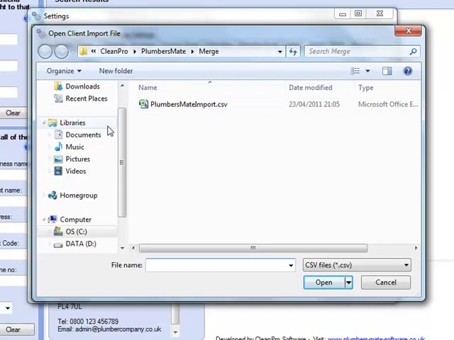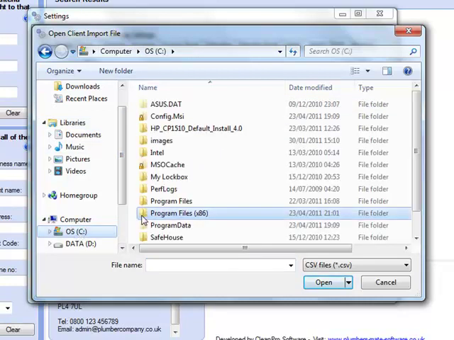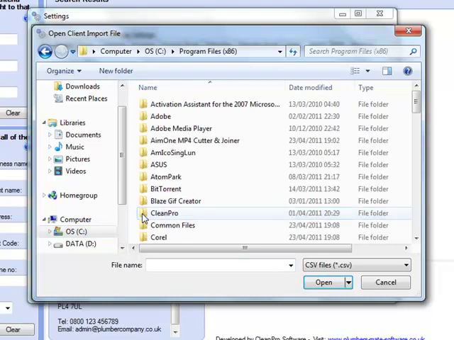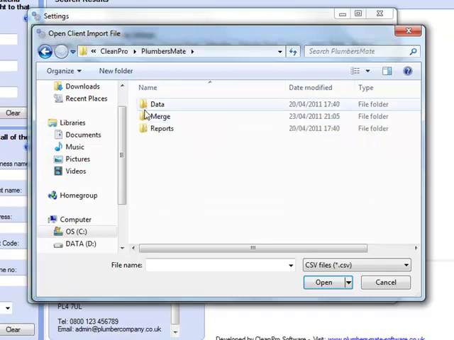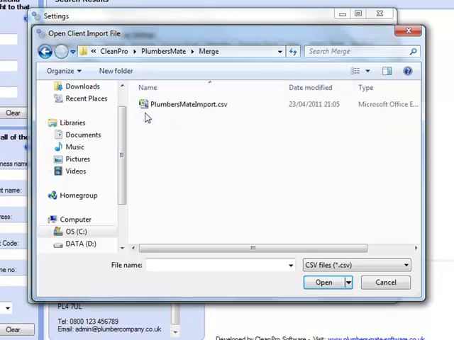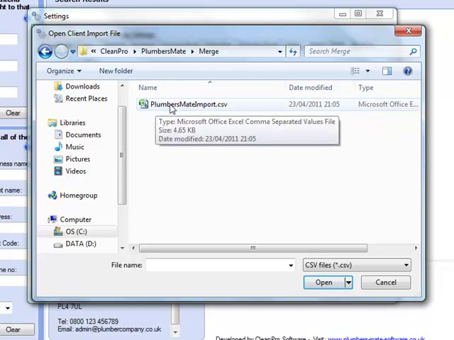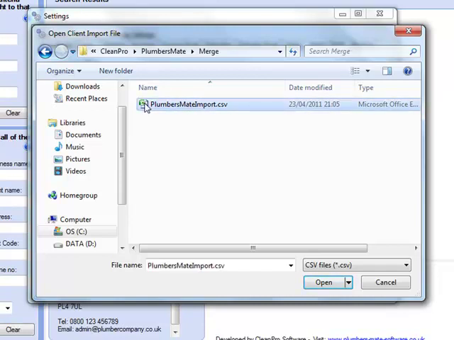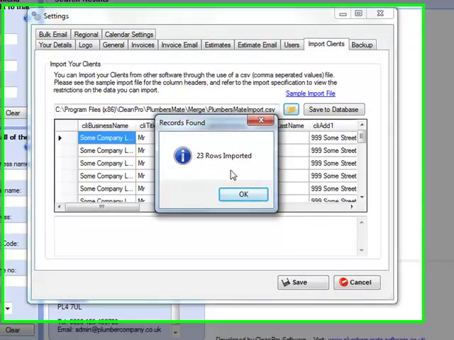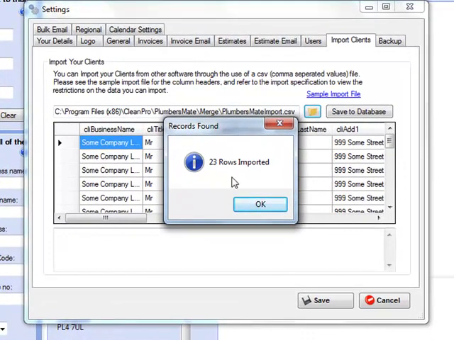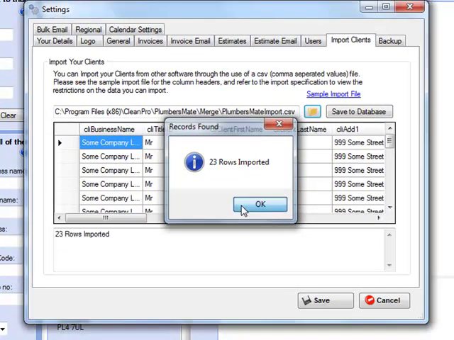and we know that it's going to be, and I'll just take you to where it is just so you know. Go into C drive, then you go into Program Files, and you go into Clean Pro, then you go into Plumbers Mate, then you go into, not data, I do apologise, go into Merge, and here is the file you've just saved. Okay, so we're going to highlight that and click Open, and there you can see all those customers, there's 23 rows have all been imported nicely to this window,